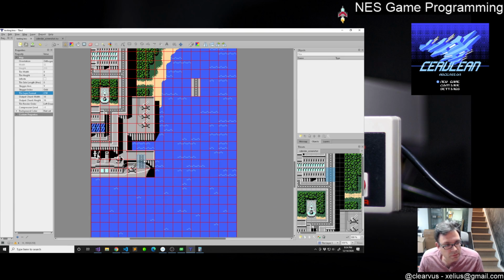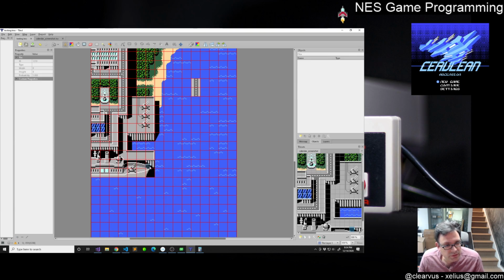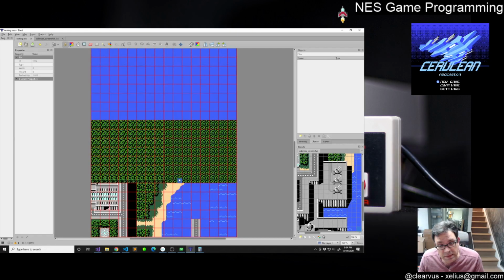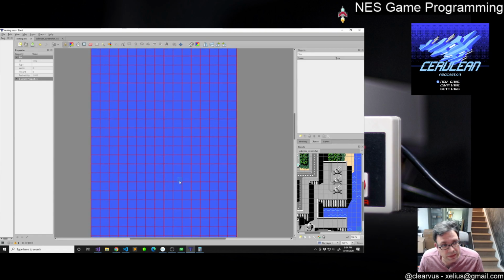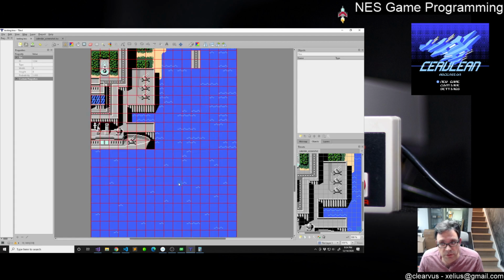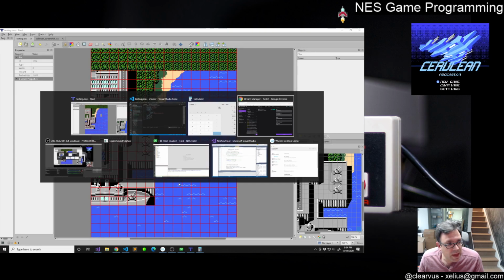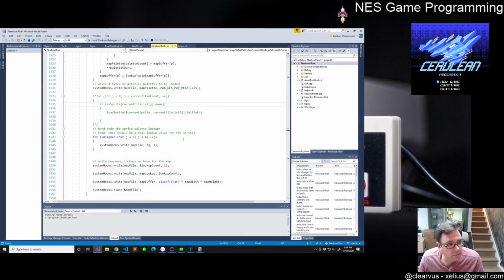I think that will be really cool, and actually simplify the process of building the map even further, which is exciting, because then that means that most of the map building is going to be done here, and then we just export out to the right format for the NES. So enough yakking from me. Let's see if we can figure out some code to,